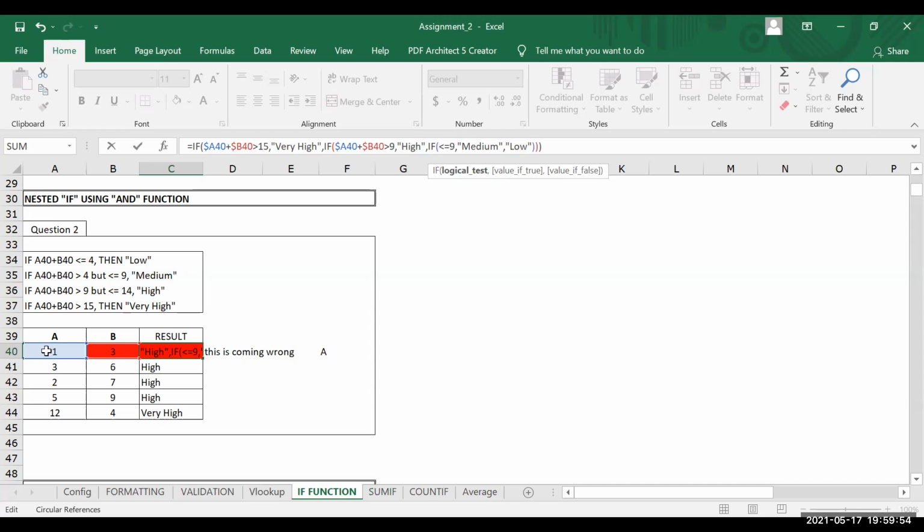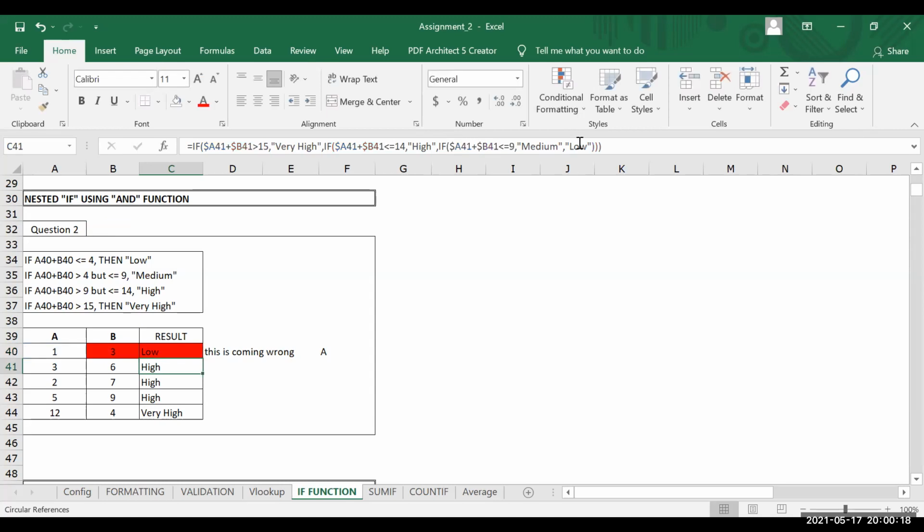If this plus this... Now if you see over here, it will give you that output.